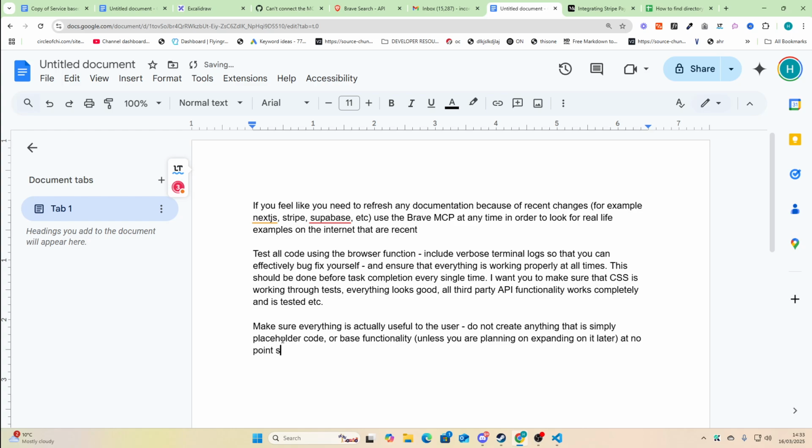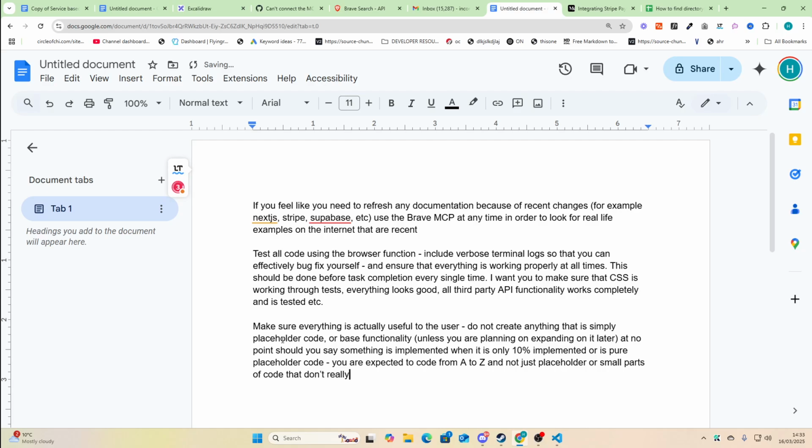At no point should you say something is implemented when it is only 10% implemented or is pure placeholder code. You are expected to code from A to Z, and not just placeholder or small parts of code that don't really do what